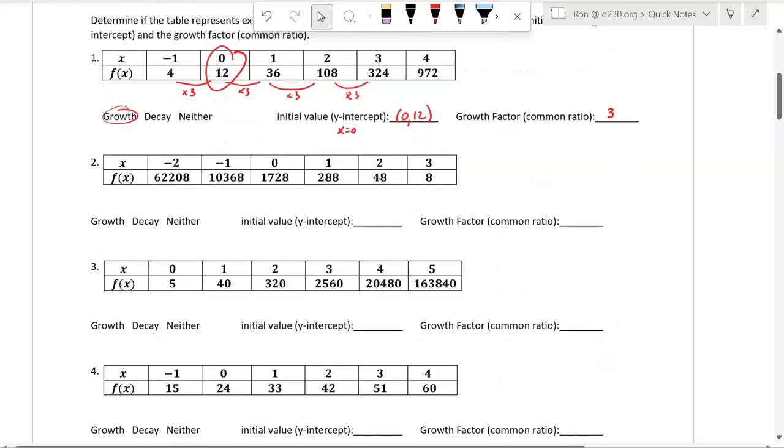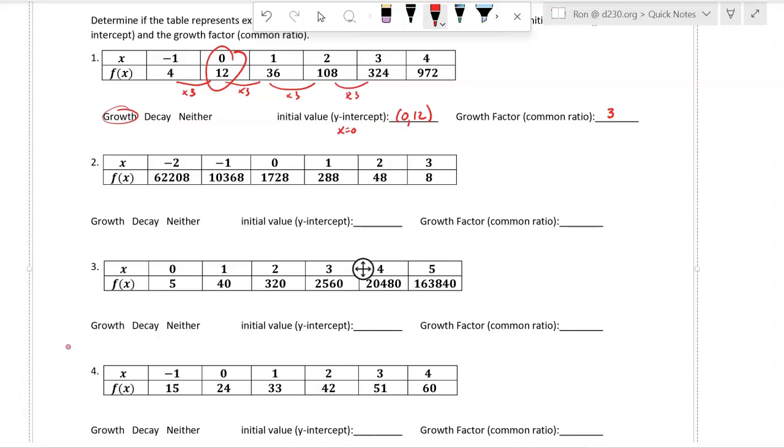The next one, if I look from 62,208 to 10,368, I went down. Since I went down, I know it's decay. But I have to determine if it's truly decay by making sure I have a common ratio, or I'm multiplying or dividing by the same thing. So how do we do that? Well, what I like to say is new divided by old, or basically right